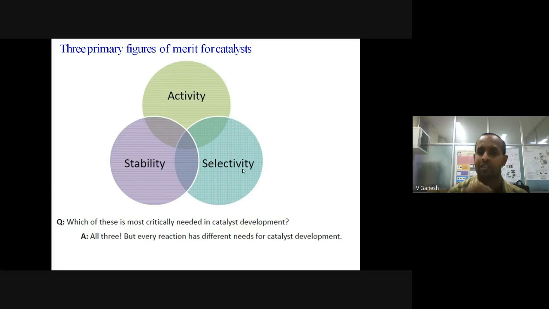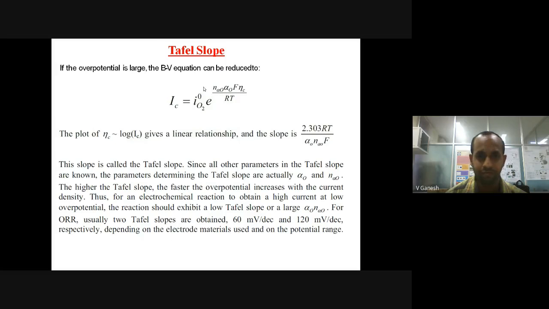It need not split alcohol into lower carbon fraction products. Okay, so these are the three parameters. Of course, one can play with these things to maximize the electrocatalytic reaction. And electrochemically, you can evaluate and understand